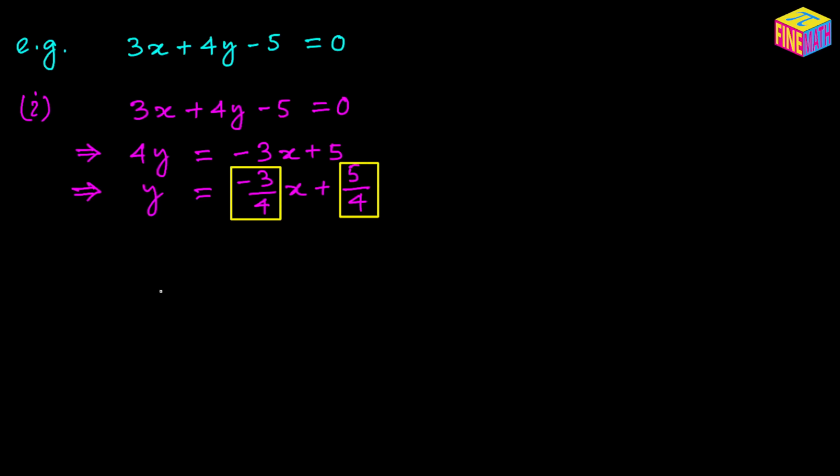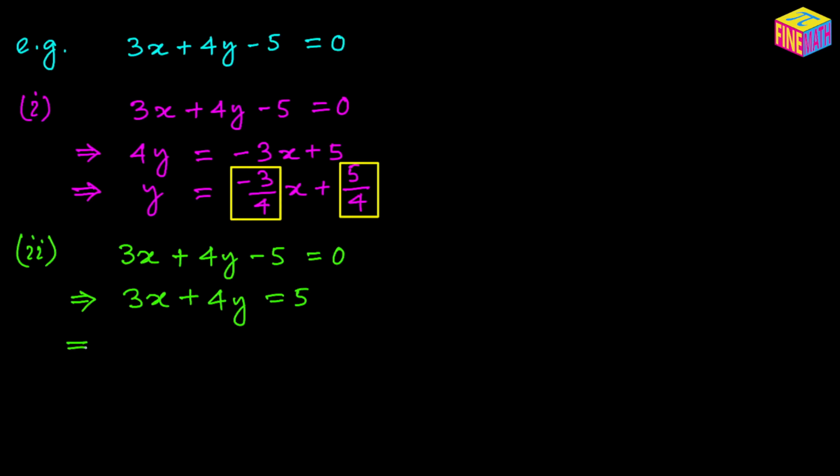Let's try to convert it into the intercept form, which is x over a plus y over b equals 1. So now let's try to convert that into the intercept form. So now I'm going to use a different color. Our original equation is 3x plus 4y minus 5 is equal to 0, and from here if we keep the x and y terms on the left hand side, then we can say 3x plus 4y is equal to 5,